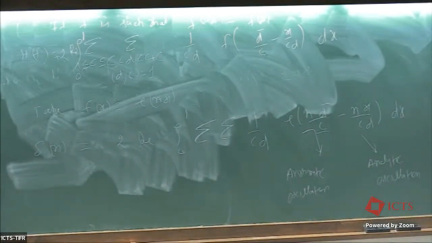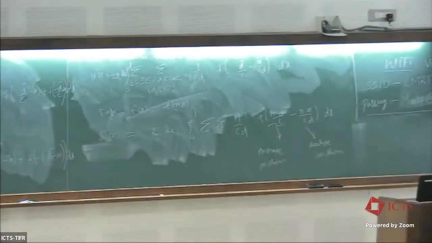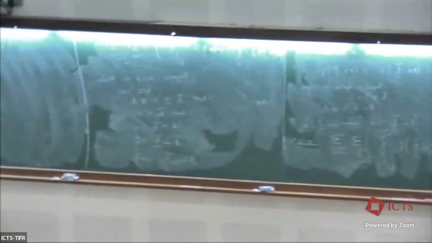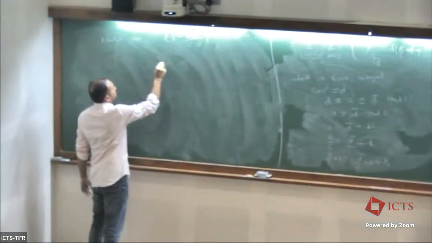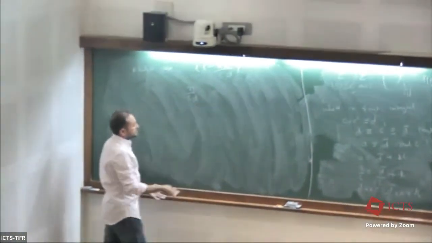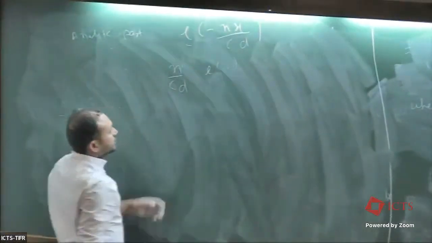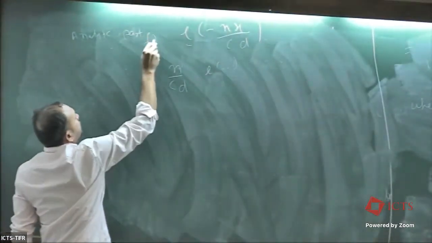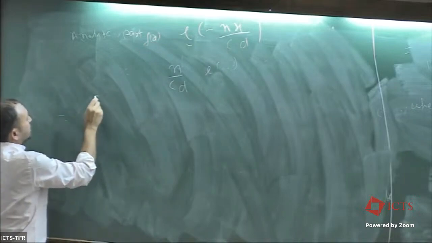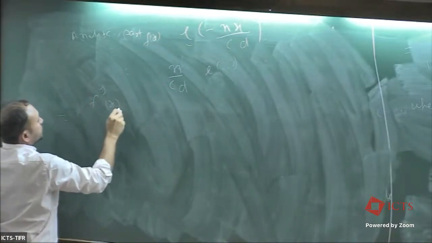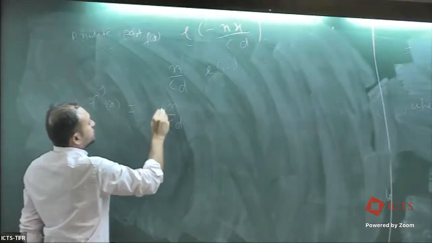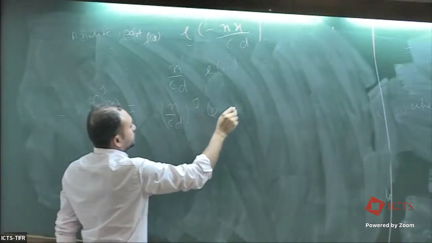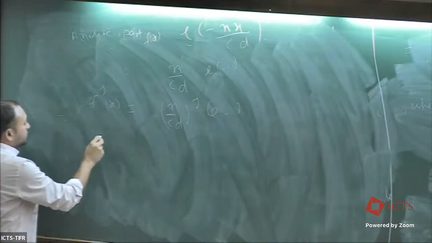Now suppose you have some equation to detect, and the size of the equation is of order n. As in the case of the analytic part, this oscillates like e of minus nx by cd. If you differentiate with respect to x, you will get n by cd and some e of all these things. Suppose this one is f of x, then the j-th derivative f j of x is nothing but n by cd to the power j, and some exponential things. The derivative size